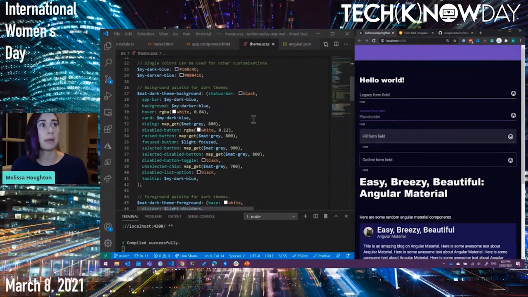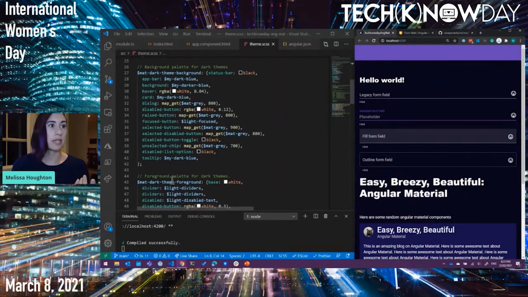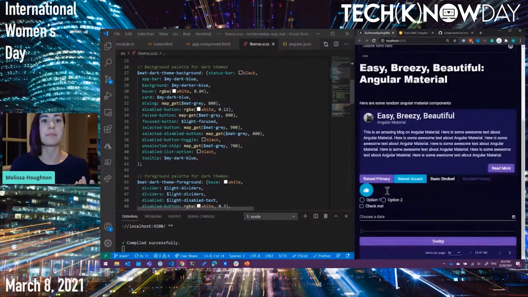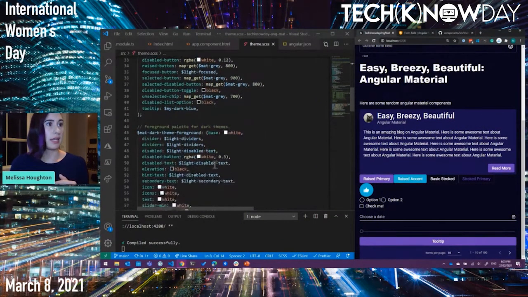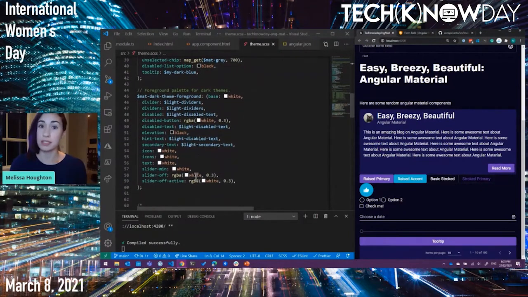There's also palettes for the background. So I wanted a bit of a darker background here. So I've defined that color, and there's different features that you can change to be different things. So for example, the tooltip, which I have somewhere around here, I've made a dark blue. And then the foreground for things like the icons and the text on top of everything, you define it here